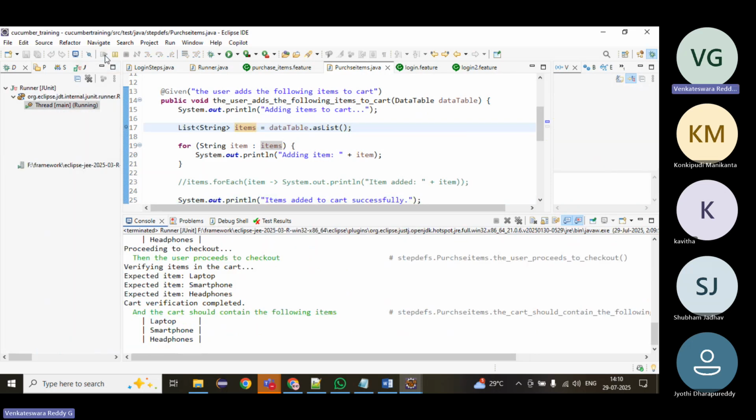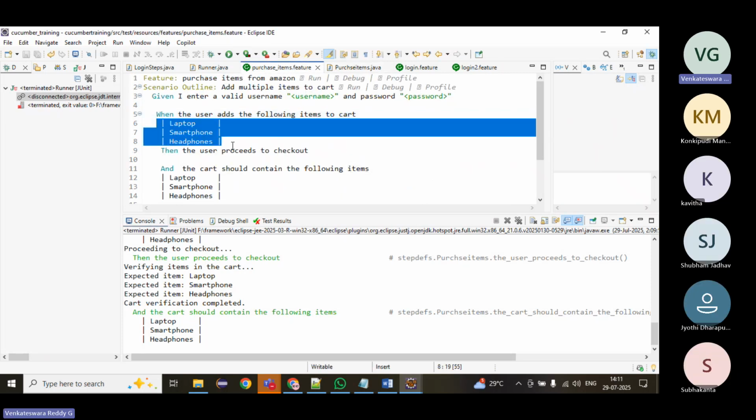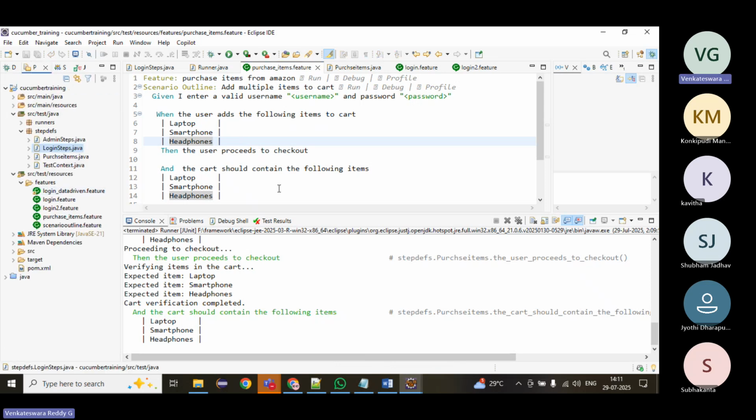In the data table, we will have multiple values. This is one form we can give, like this data table. Suppose I want to fill a form: username, password, email. Like this also we will have forms, not only lists like this. In that case, how do we pass the data? In those cases,